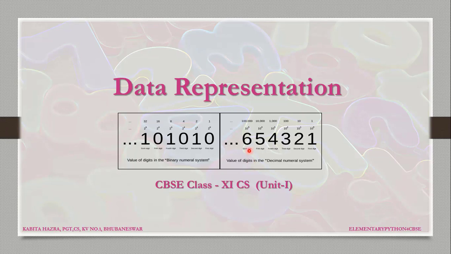Whenever we are providing some value to the computer, that means we are having some input, then the data must be represented in a form that the system can process. The data that we provide is in human readable form, and it has to be converted to machine readable form. So we will see how numeric and character data are represented in machine readable form.